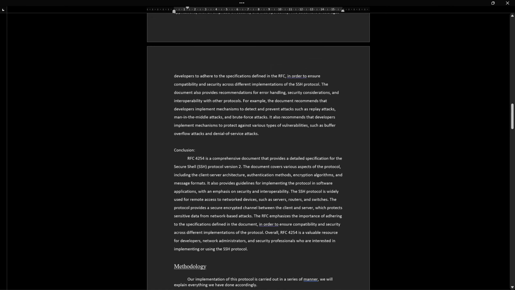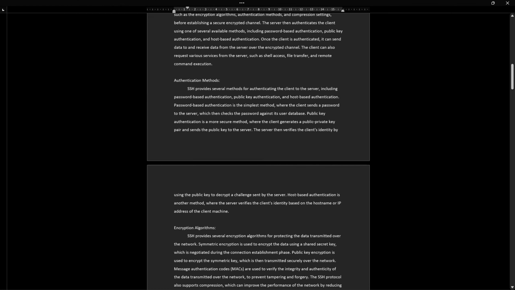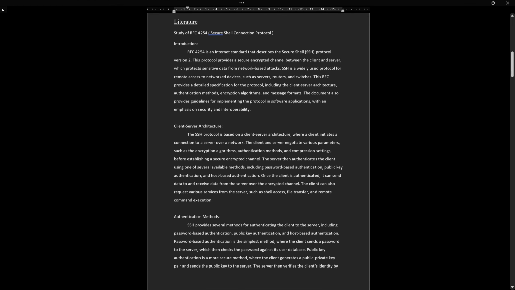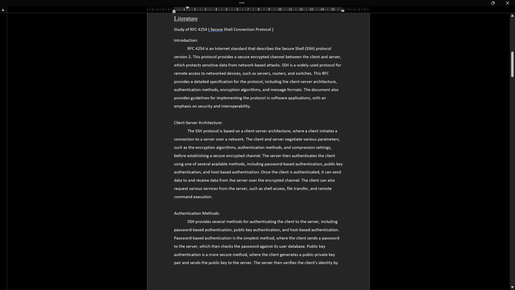Alright, so I'll be reading it. Firstly, the client-server architecture. SSH is based on a client-server architecture where a client initiates a connection to a server over a network. The client and server negotiate various parameters such as encryption algorithm, authentication method, and compression settings before establishing a secure